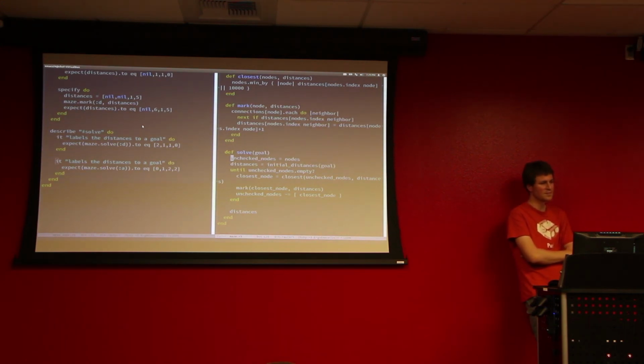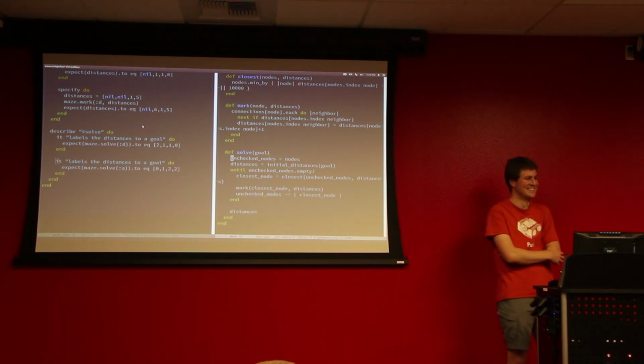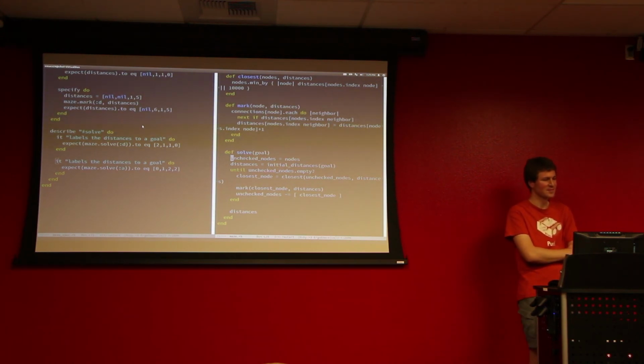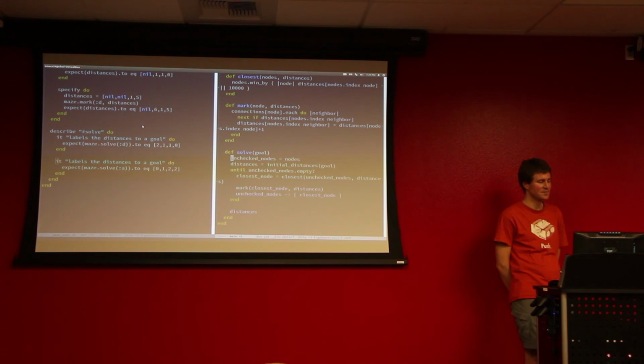I think from the standpoint of, given that you already know what the shape of the algorithm looks like, right? But you haven't actually built out in Ruby the ways you're going to solve the problems that the algorithm needs solved for it. This works as a way of driving out what the